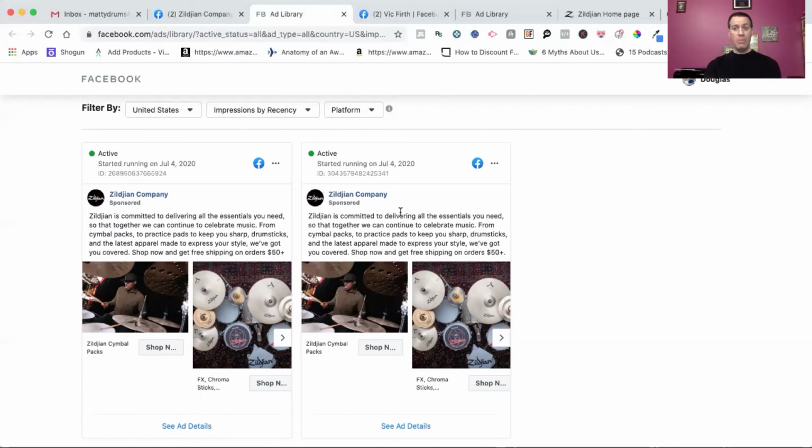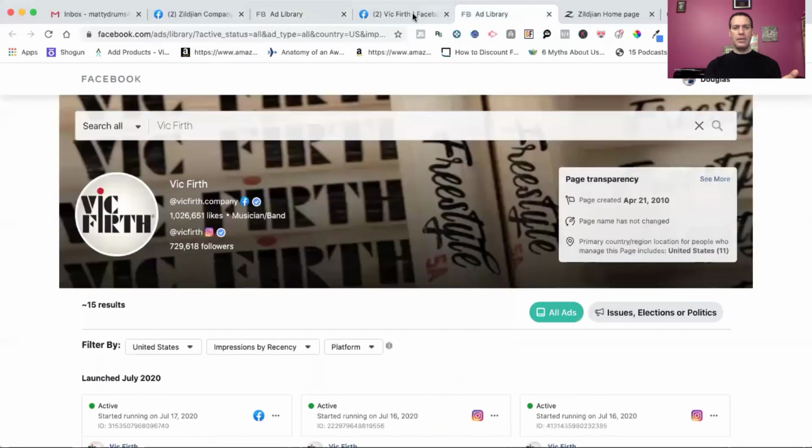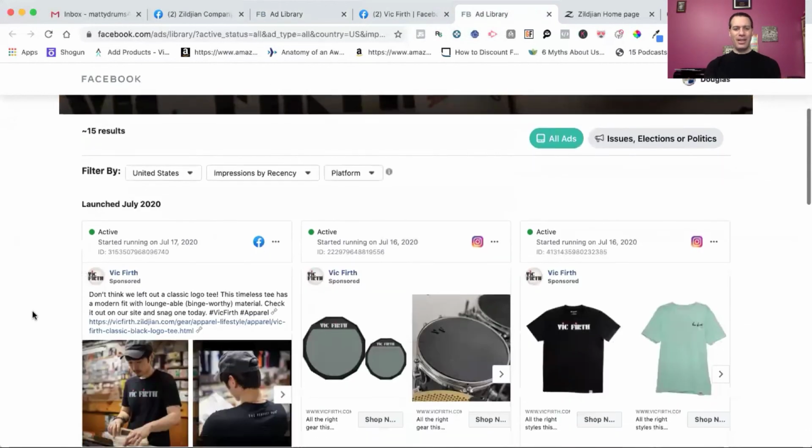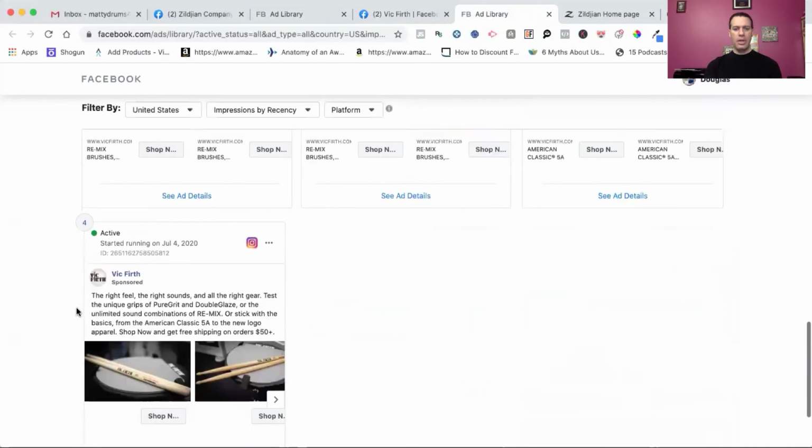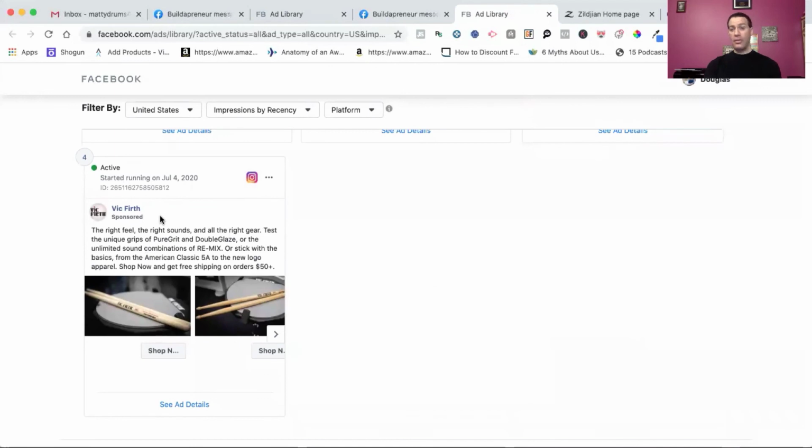So I'm going to use them if I was doing drumsticks. Another one I'm going to look at is like VicFirth, right? So I went through them, right? I looked on VicFirth's site, and then I went to page transparency, and I looked to see if they're running ads, and they are, right? So here's one that's coming up, and here's some more, and I kind of scroll down, and I see another one on July 4th, right? So same thing here, and maybe if this one looks really good, I'm going to copy it over onto that spreadsheet